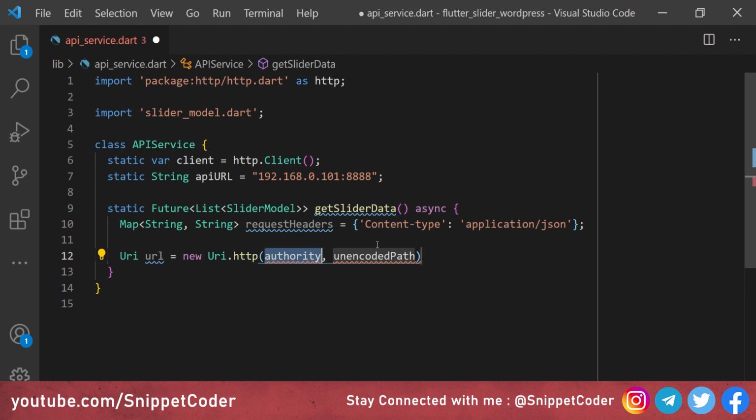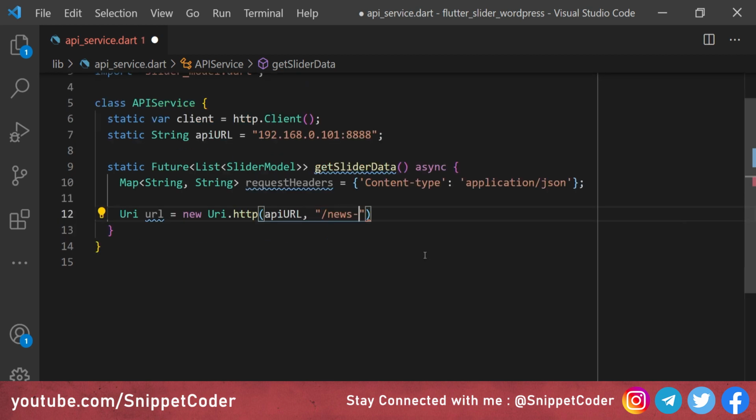Right now our URL is HTTP, so we are using http here, and here we have to pass the apiURL, and here we are passing the path of our API: /newsapp/wp-json/wp/v2. Then we have the API name here, slider-images.